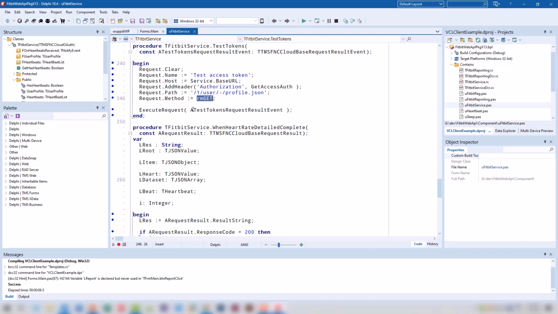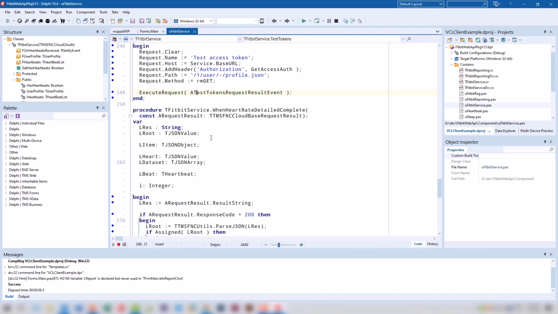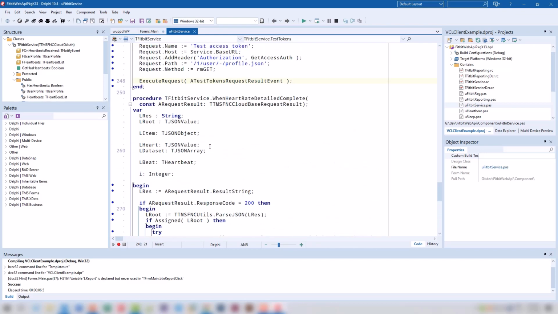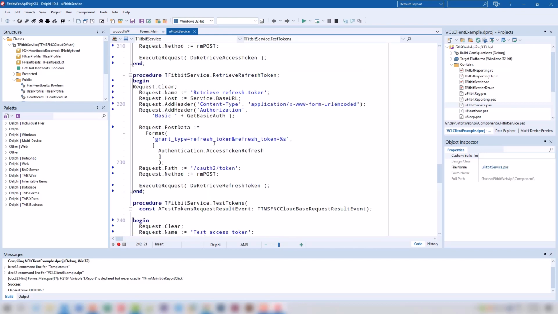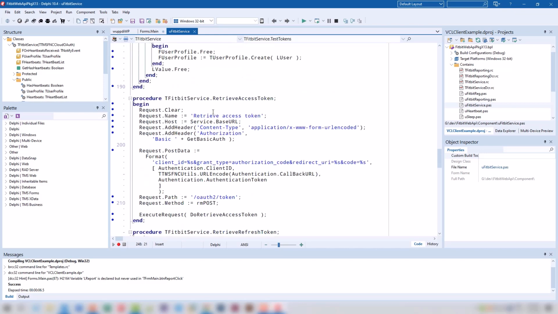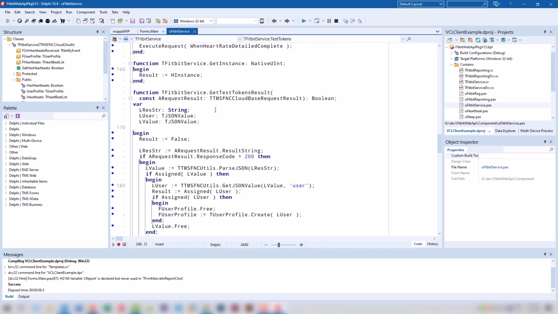And then I used the test tokens request result event again, which calls the method that is also again implemented by us, the get test tokens result. Where is it? Right here.